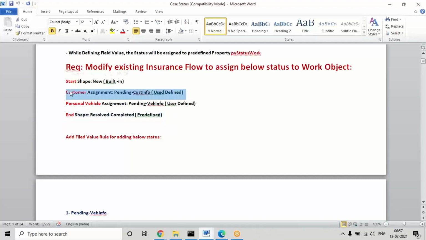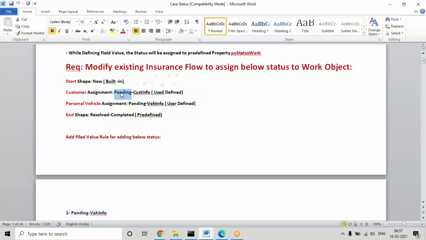And for the customer and vehicle assignment, I want to show you how to define a user defined status. For customer assignment, I want to give something like Pending-CustomerInfo, and for vehicle assignment, something like Pending-VehicleInfo.